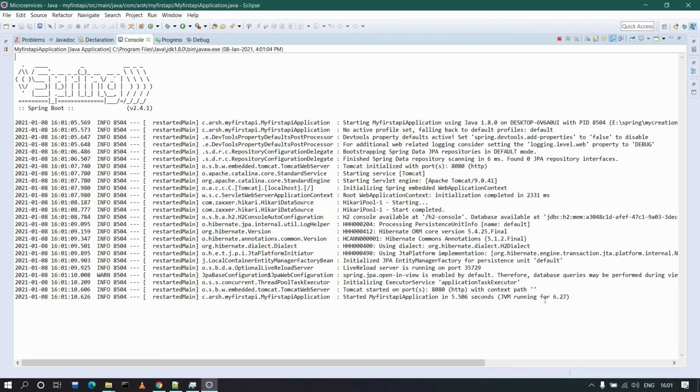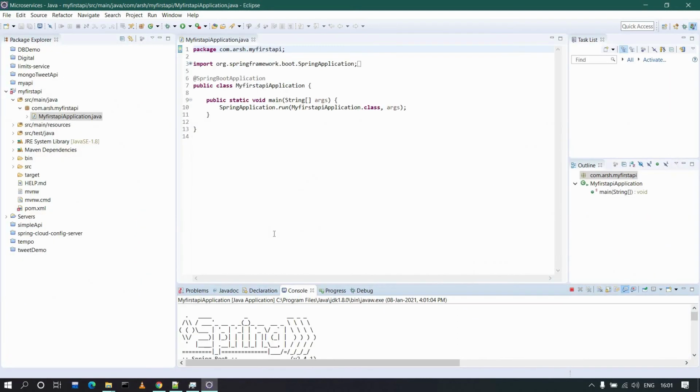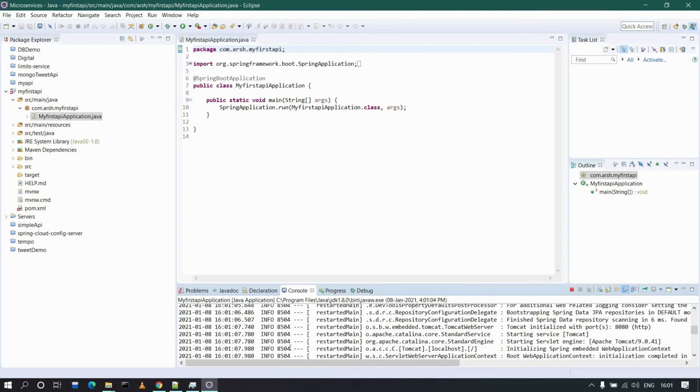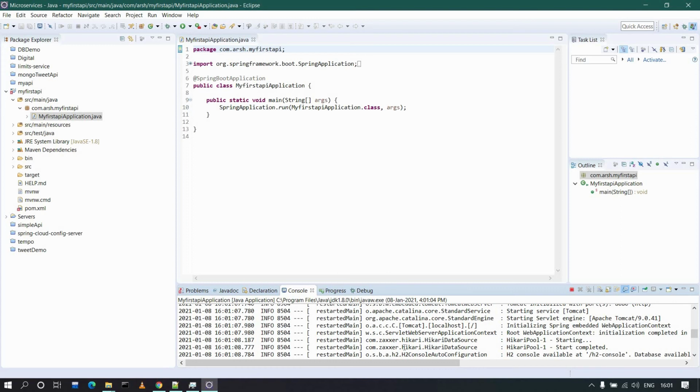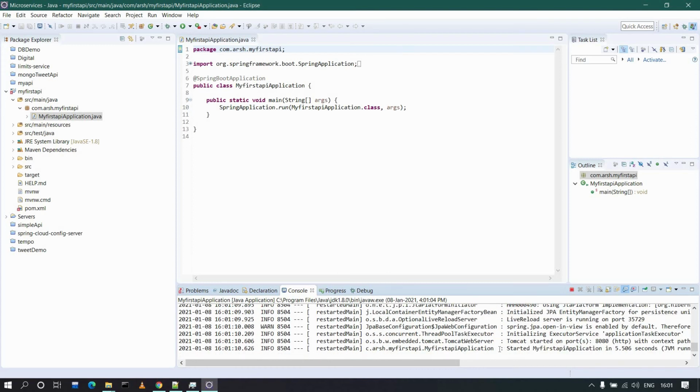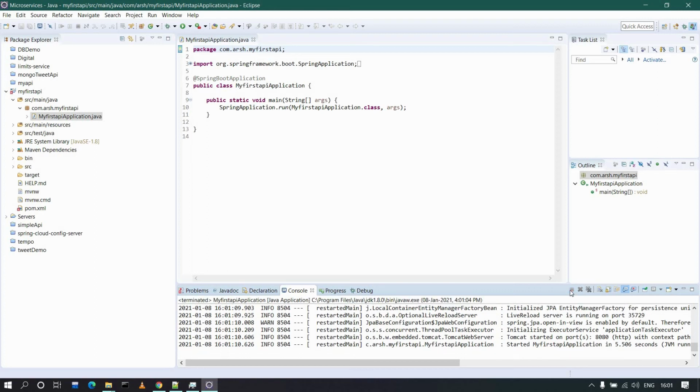The Tomcat comes by default with the Spring Boot application. Once you get this message on the console, it confirms that your application is running properly. Now stop this application.